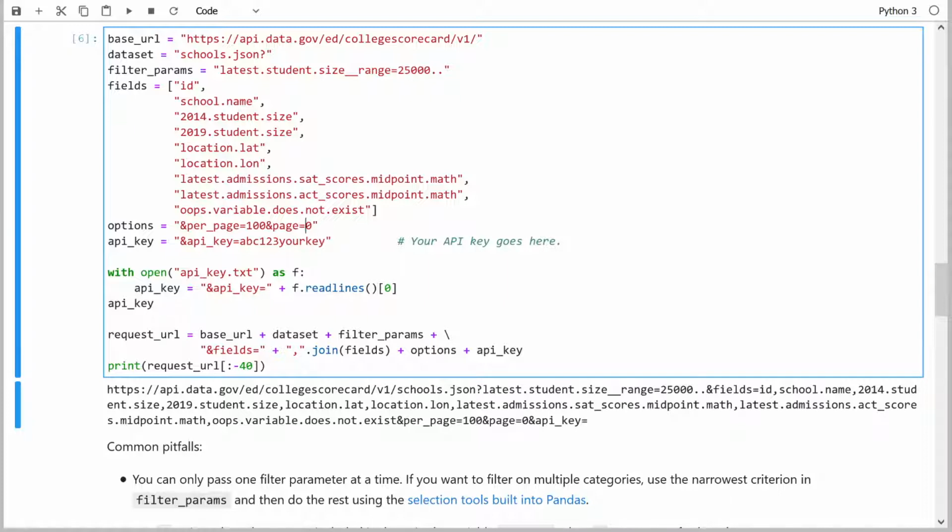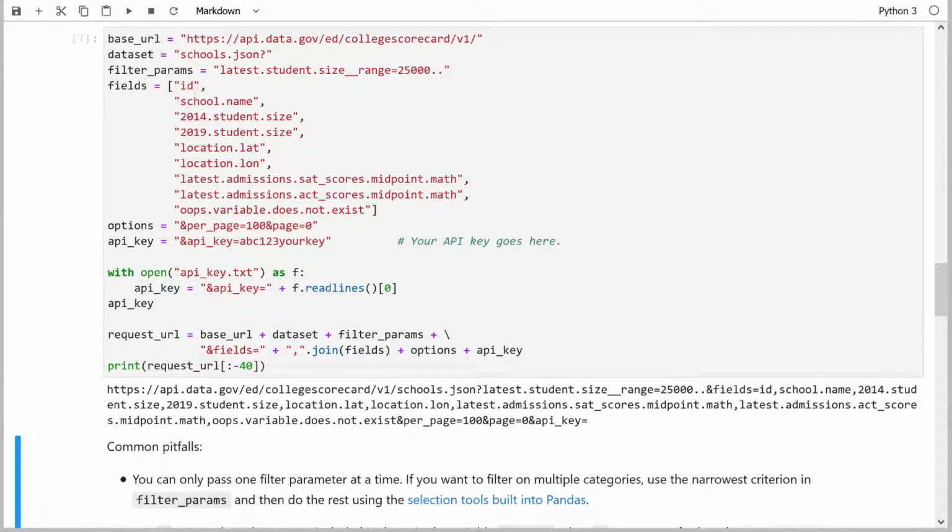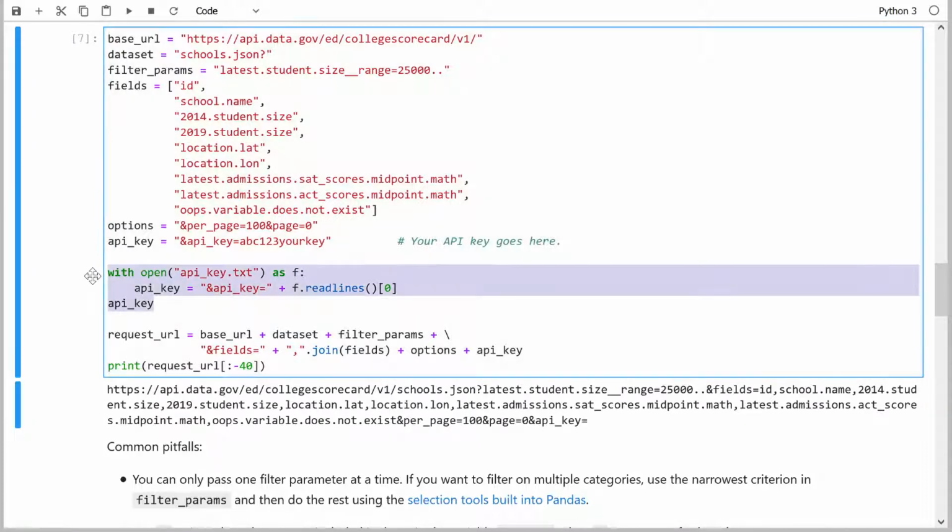Finally, this is where we're going to write that API key that you got earlier in an email. So you will replace this part of this string with the API key that you've signed up for. In this case, I've gone ahead and hidden my API key in a text file. So if I run this cell, it will store my API key in the URL. But what you would do is just delete or comment out these 3 lines, put your API key in here, and then it'll incorporate it